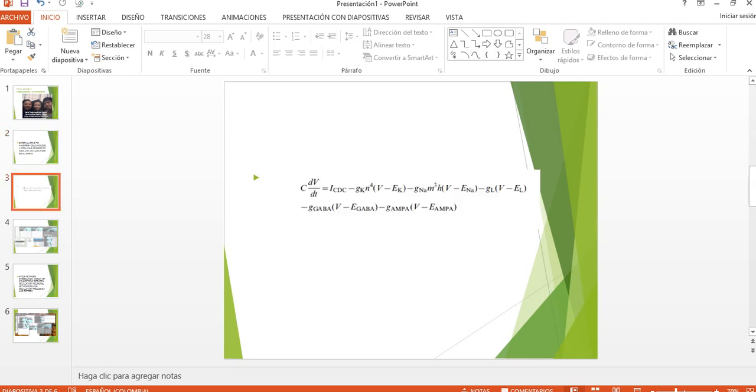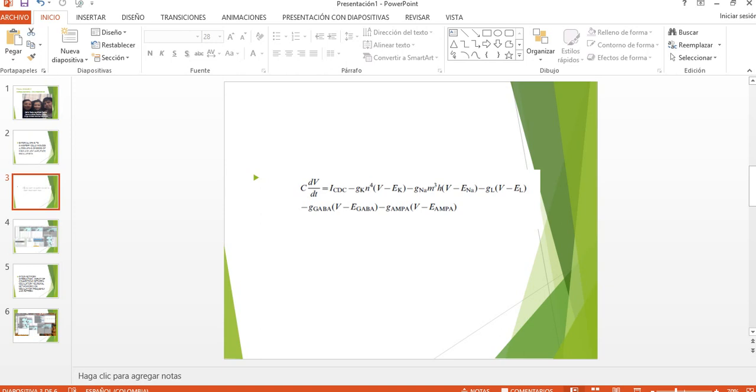Okay, so they designed a model of 88 excitatory cells and 20 inhibitory cells with the assumption of one compartment conductance-based model, as we saw in class. Here we see the equation that describes the cells. Here we have the membrane capacitance. Here is the change of the voltage over time, and here we have a constant depolarizing current caused by cholinergic input. These are the potassium, sodium, and leakage channels.